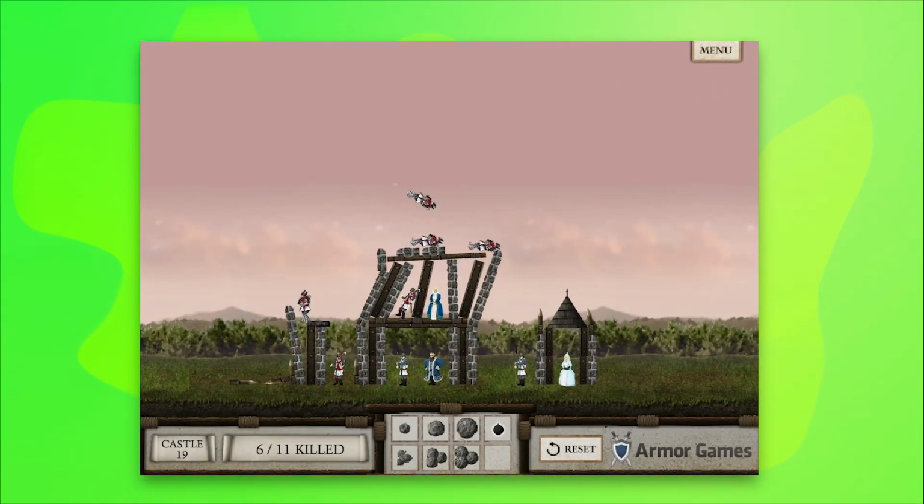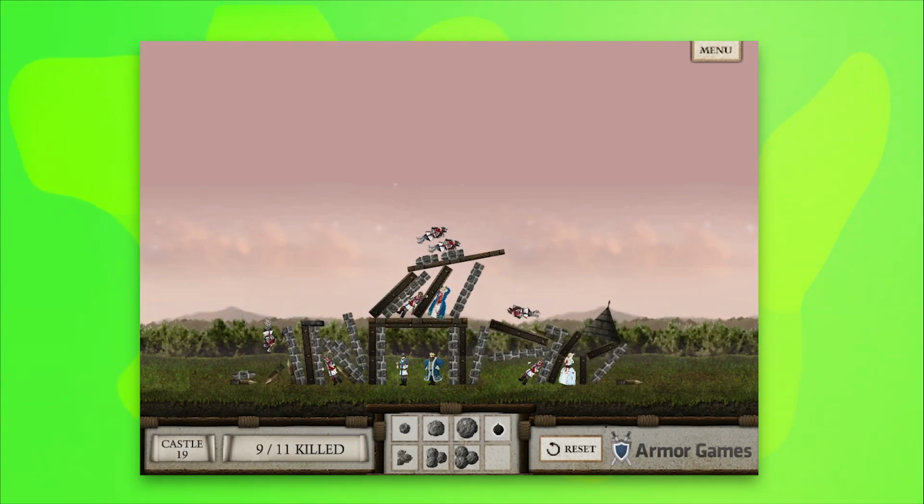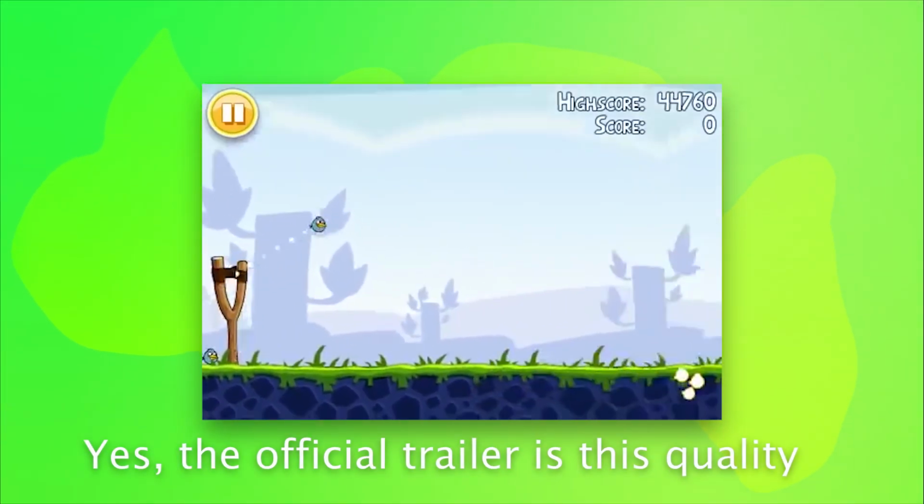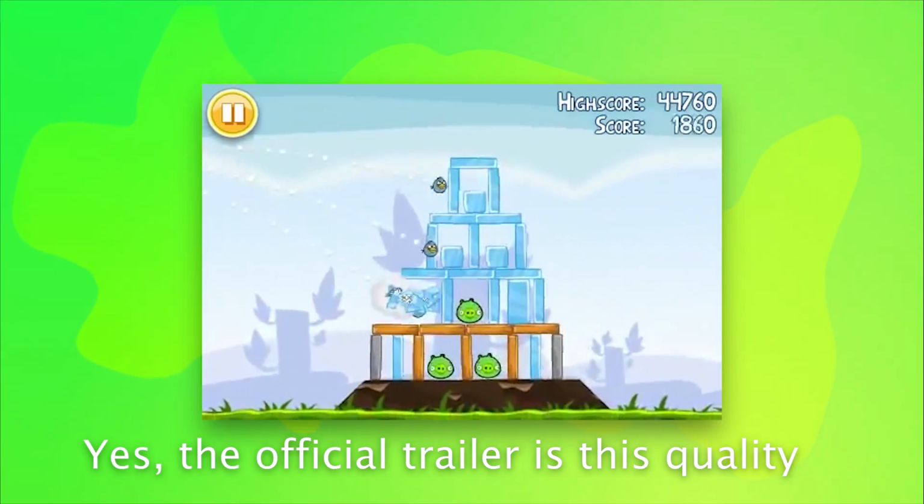I didn't leave Crush the Castle last because it's the best Flash game or anything, but rather because of where it sits in Flash gaming history. On April 28, 2009, Crush the Castle would release as a Flash title. Me and my friends enjoyed messing around with it and had some good fun. Then, in December of 2009, Angry Birds would release on iOS devices and the entire world would enjoy playing it,